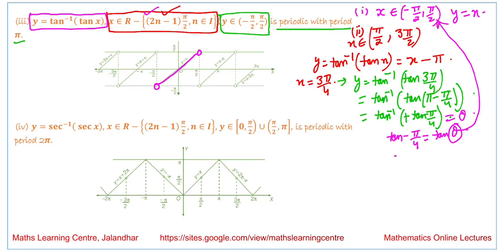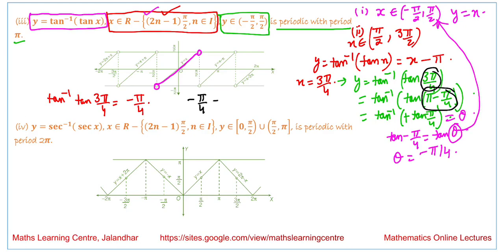So the answer for theta that we obtain, it is equal to minus pi by 4. So what we can see from this is that if we have tan inverse of tan of 3 pi by 4, the answer we have, it is minus of pi by 4. If we look at these values over here, I am talking about this condition over here. What we have done, it is 3 pi by 4, it is pi minus pi by 4. So what we are saying is that minus of pi by 4, that is equal to 3 pi by 4 minus pi.